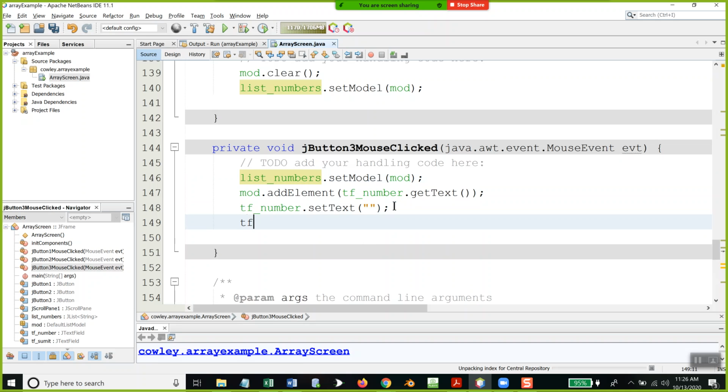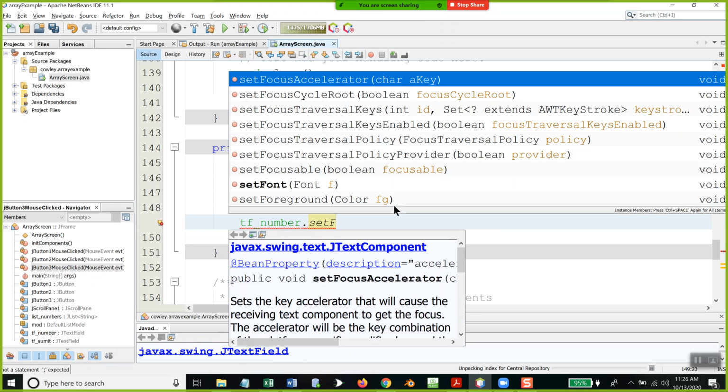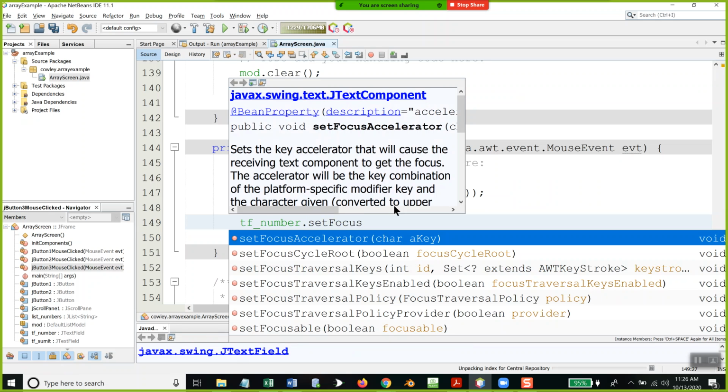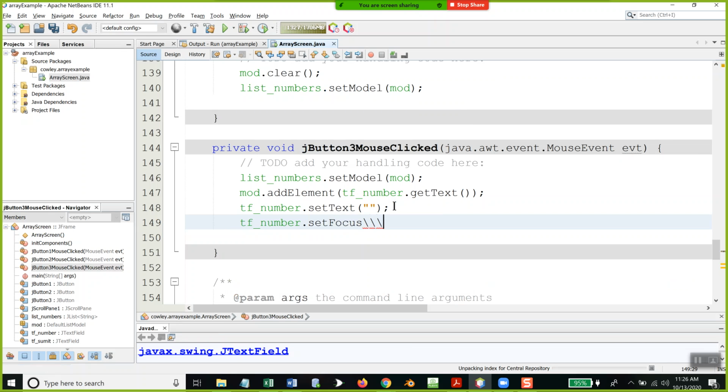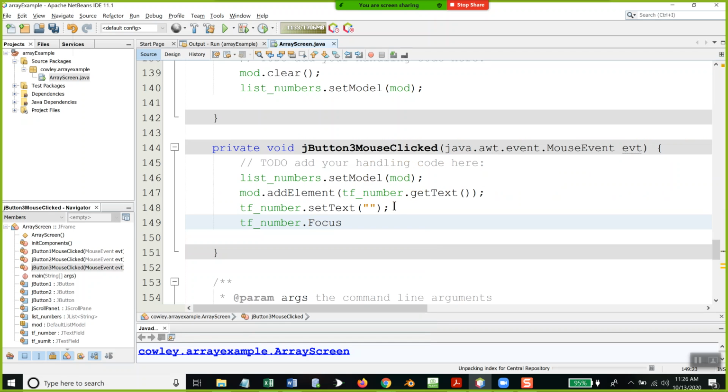I'm not sure if this has it. I don't see it. That didn't matter, but